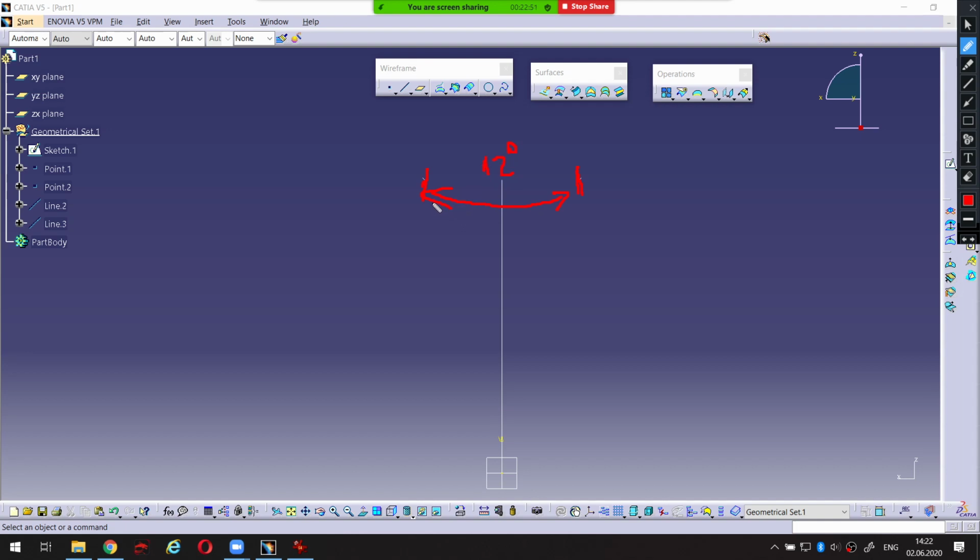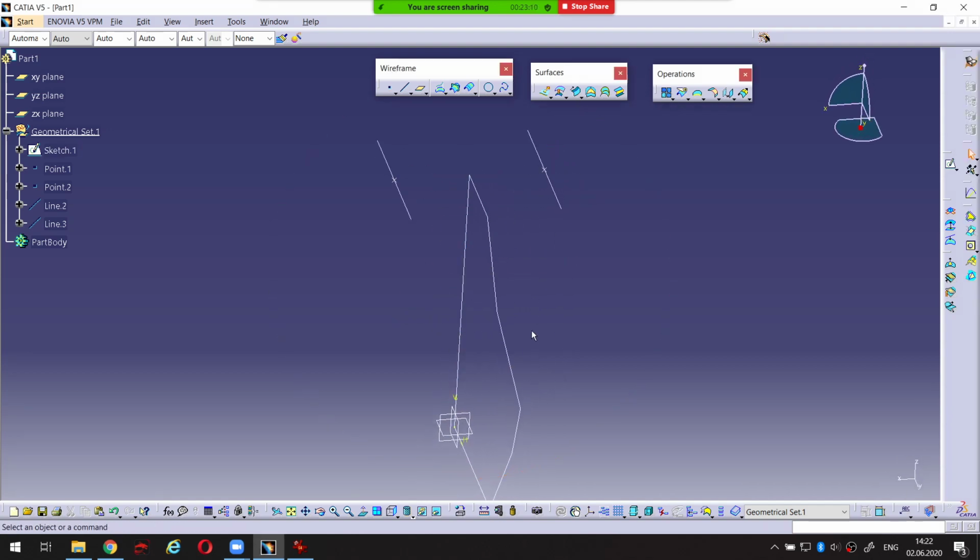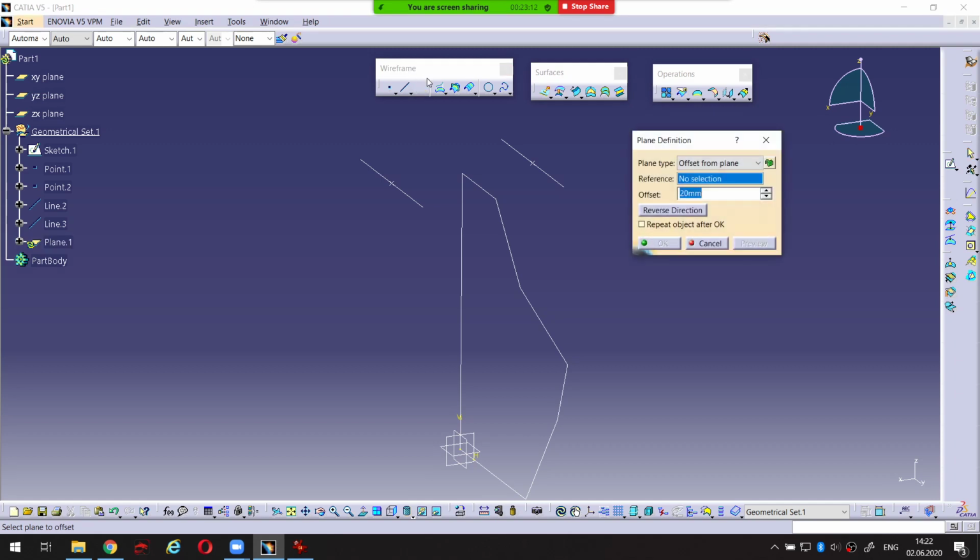That means the angle between this plane and the vertical should be 6 degrees, half of the angle between these two planes, and another angle should also be 6 degrees like this. Okay, let's create this plane. I click on plane on the wireframe toolbar. That means I'm gonna create a plane, and the plane will be created using